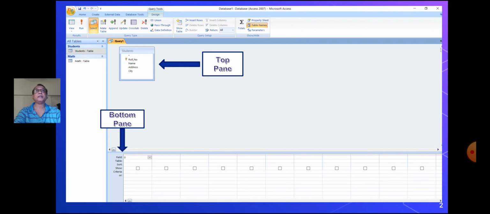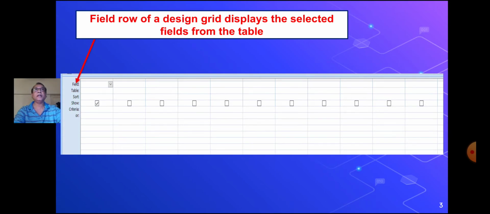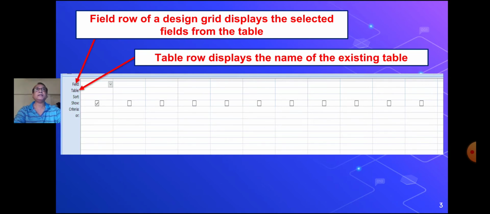Further, let us understand the design grid. Field row of a design grid displays the selected fields from the table. Table row displays the name of the existing table.